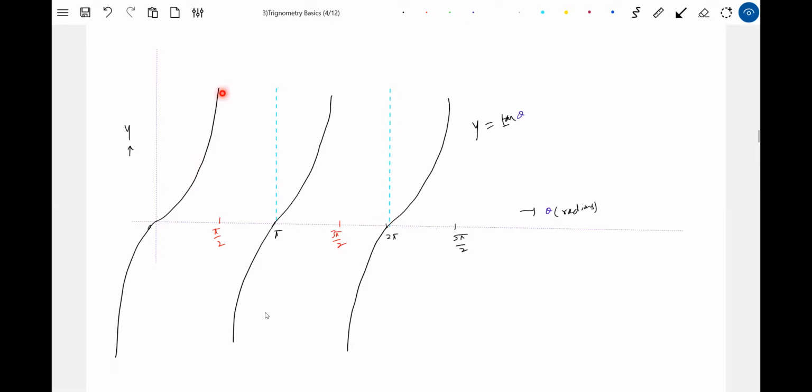When theta equals 90, it becomes maximum. Then for 95 degrees, 98 degrees, 110, it will start again from here. There will be a discontinuity. Again, tan pi will be 0. Again at 3 pi by 2, tan theta will be infinity. So there will be a discontinuity. So this is about the tan curve.